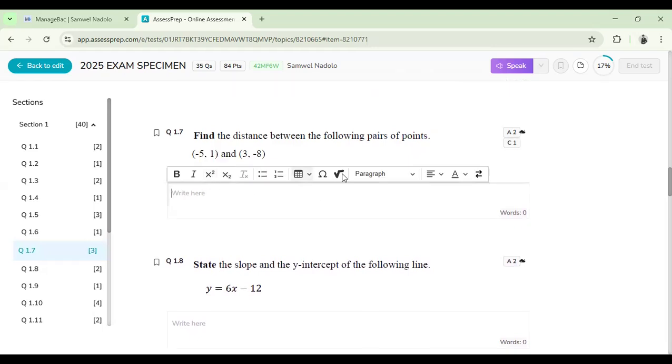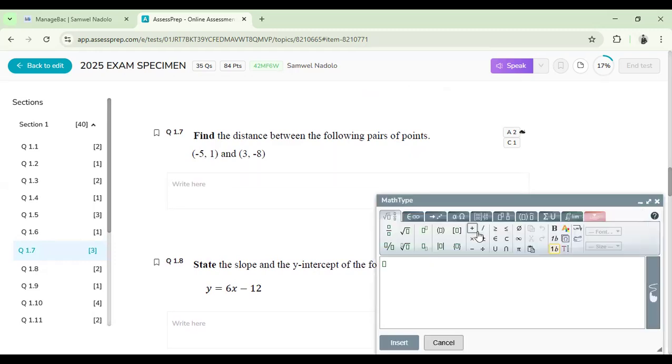So find the distance between the following pairs of points. This is also on the topic we have done on the distance between 2 points and also the length of a line. So we'll give you the formula also, and I can just write the formula down. We say that the distance d between 2 points will be given by the square root of